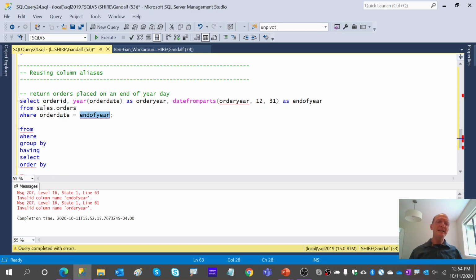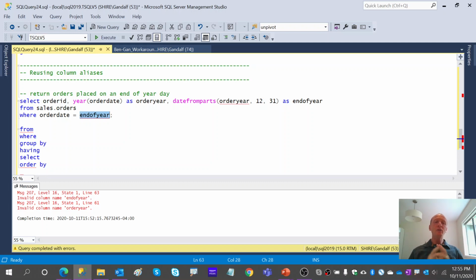So how do we fix this? Well, there's a classic solution using table expressions. But then, here we have dependencies. We first need to create order year, then end of year based on order year. So you end up with a CTE based on a CTE based on a CTE, and then an outer query. The solutions tend to become very convoluted.